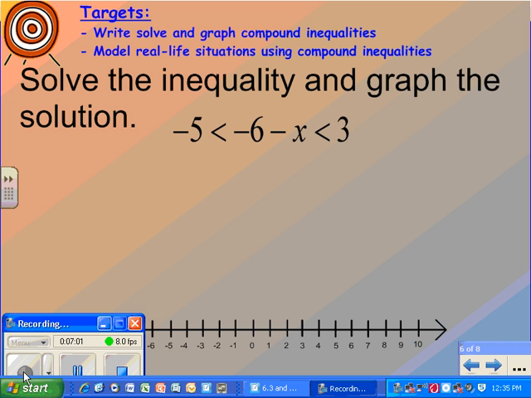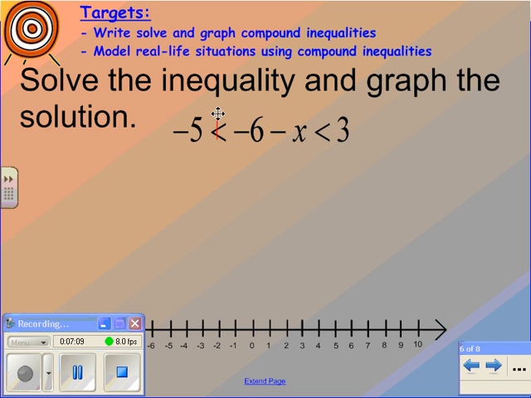Here's a little different inequality to take a look at. So we want to solve this inequality and graph the solution as well. So again, start out with my lines, going through the inequality symbol on both sides. And then to start solving this, I'm going to add 6 all the way across. So if I add 6 there,